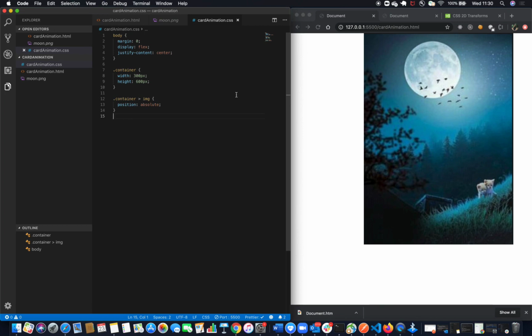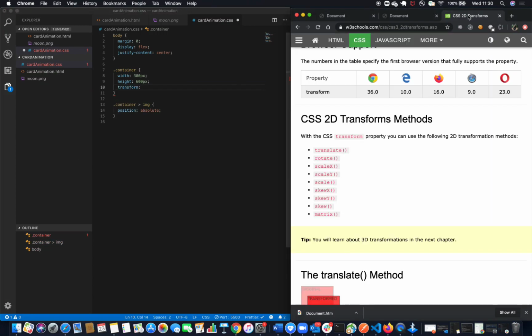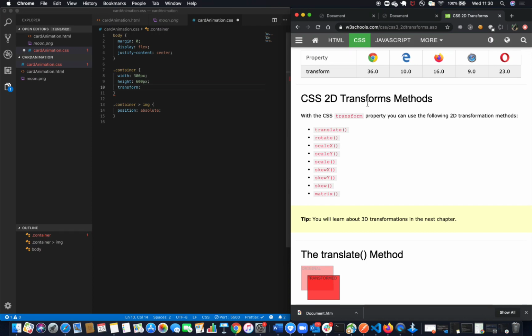Now I want to rotate this image and apply some 2D transformations on it. In order to do that, I'm going to use the transform property of CSS. Let me tell you a little bit about this transform. This transform basically lets you give 2D transformation functions or methods to your elements. So you can rotate your elements, you can skew them, you can scale them.